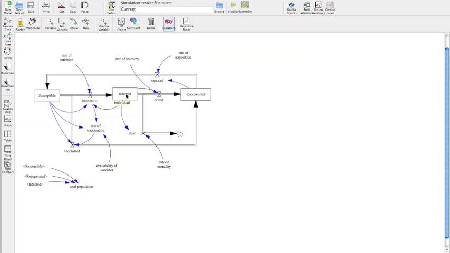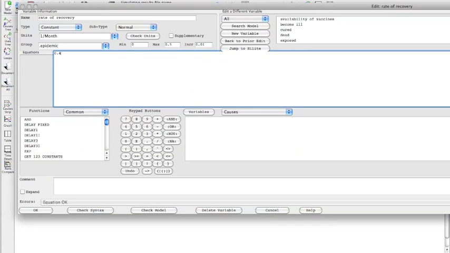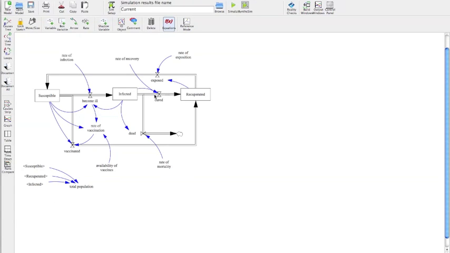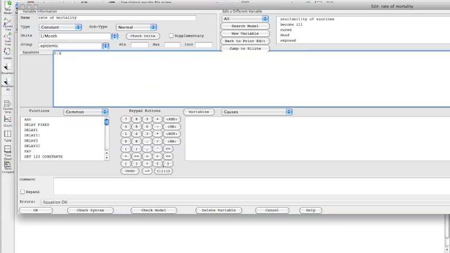Once they become infected, the infecteds can become recovered through a rate of recovery. This is what we call the gamma in the SIR model. It has units of 1 per month. If that happens, they can become fully recovered, they can become cured, but they can also die, and there's a rate of mortality here. So the dead are the product of the infected times that rate of mortality. It's a first order process. This wasn't included in the SIR model, where the infected can only be recovered, but they cannot die. In this case, they can. So this is a little bit more